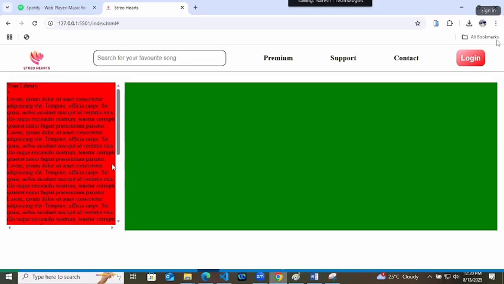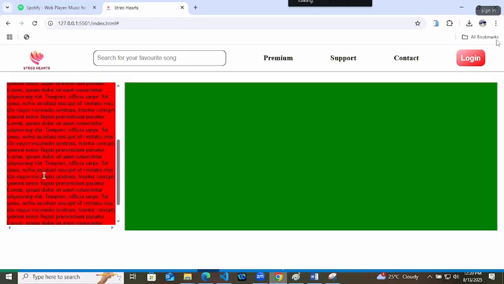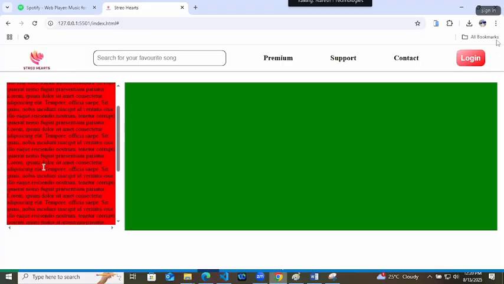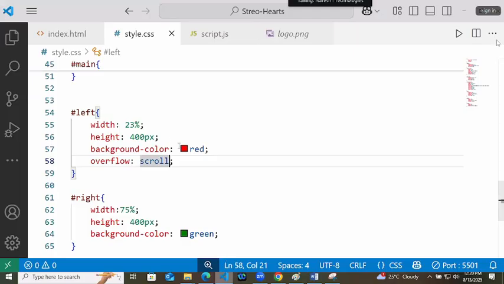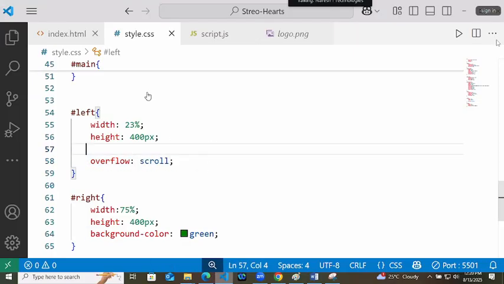Right? We got a scroll bar here. Got it? Now your left side is scrolling independently and your right side is independent. Like this, you can add scroll in the things. Got it? So now I will remove this background color red and we will start building the content.